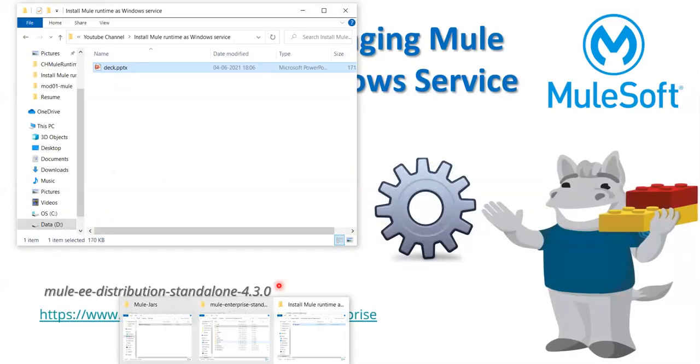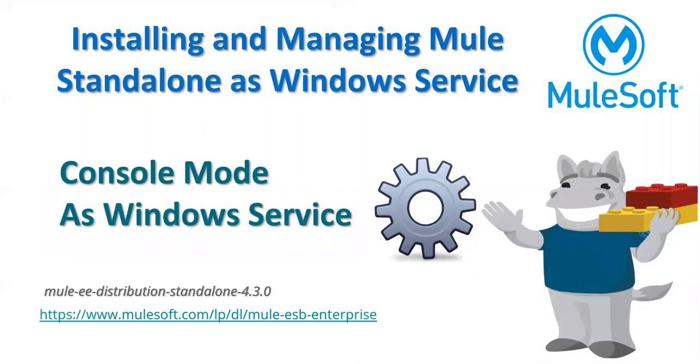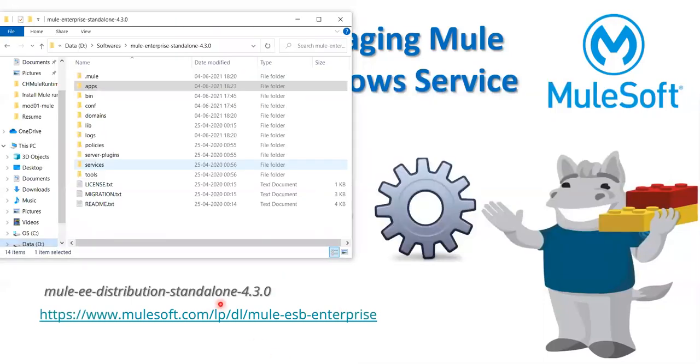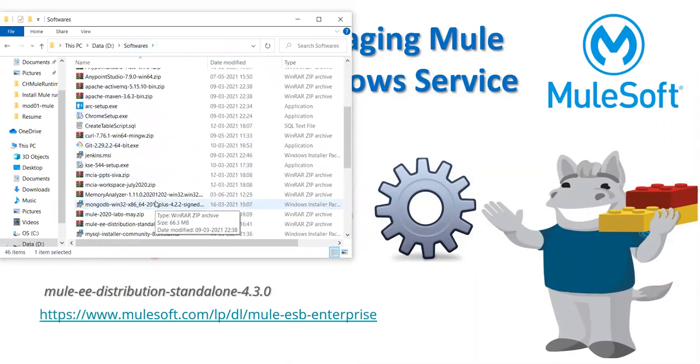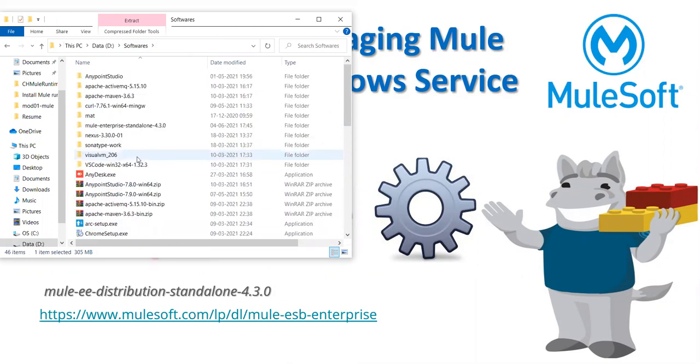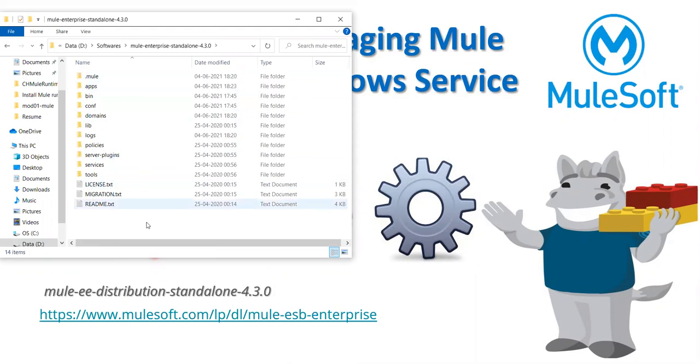So let's close this. Okay, so you'll get a zip file. So like this, you can extract it. So I already extracted, and you'll get this kind of folder structure. So in this folder structure, each and every folder has a responsibility. Okay, so the apps folder has a responsibility of deploying and undeploying apps. It won't work as magic. Through Mule commands we can deploy and undeploy those apps.